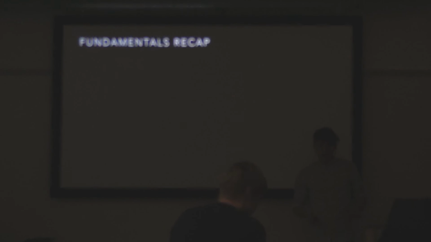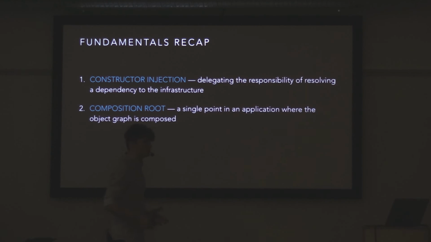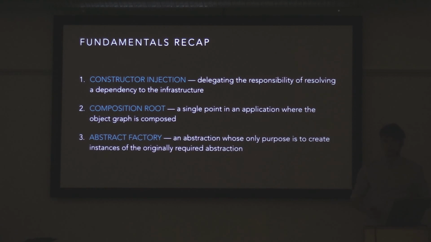So let's recap. We've learned that we need constructor injection to provide the dependencies. We've learned that it's a good idea to place all your initialization in the composition root, or as much as possible there. And if you're at a loss about what to do with runtime values, you can use abstract factory. Really simple, three techniques, or even first principles for your dependency injection needs.